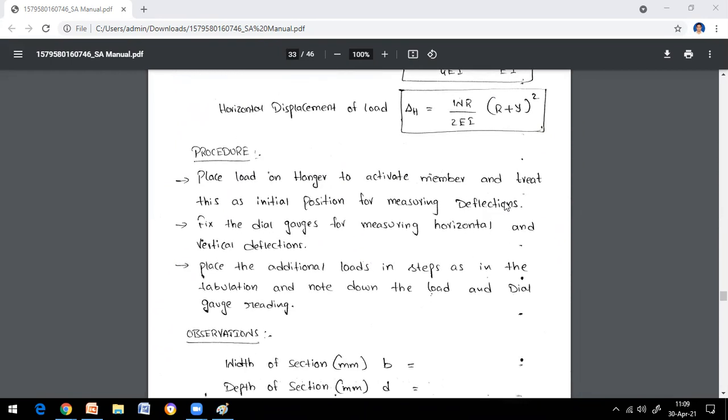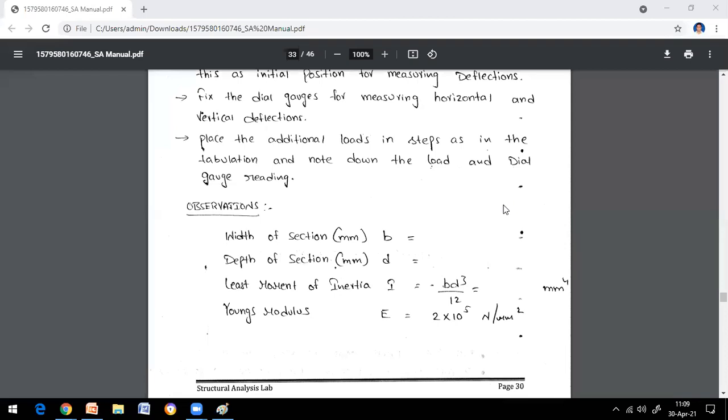Right? So this is how the curved beam concept is going to be checked theoretically and practically in your structural analysis lab. Understand? Because on the first day of the class only I told you clearly, every theory will be supported with some experimental work. Strength of materials too. Many concepts are supposed to be tested practically, which you can do only in structural analysis and strength of materials laboratories. That's how you are able to compare the theoretical and experimental values.